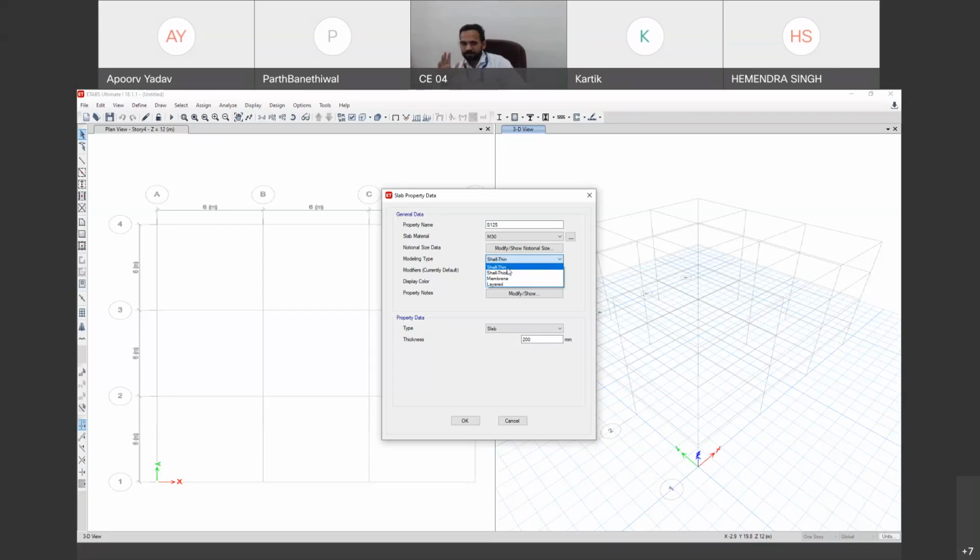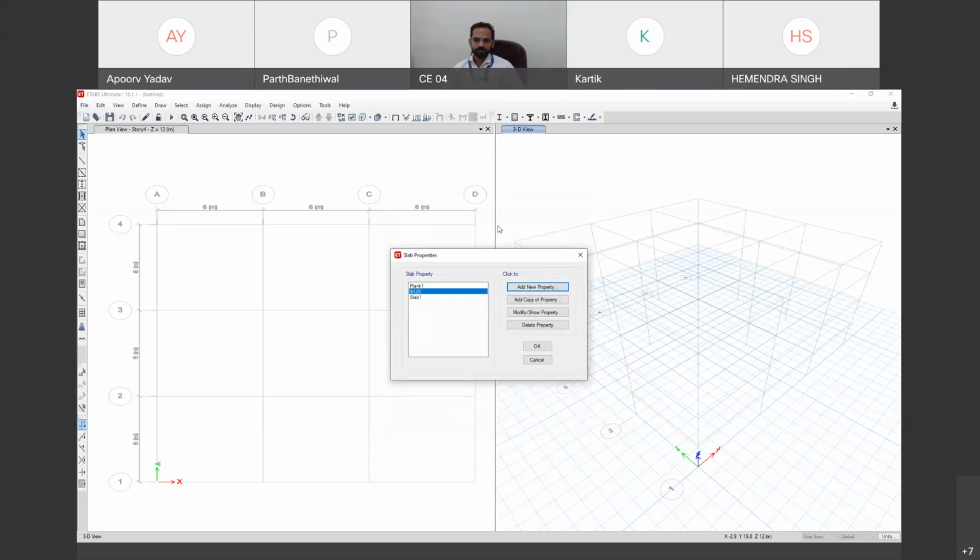So our slab is 125 mm, so I'm taking this as shell thin. Membrane we can take, but membrane is only used when our slab will not take any load. It is just to transfer the loads. I'll click OK, and then again click OK.